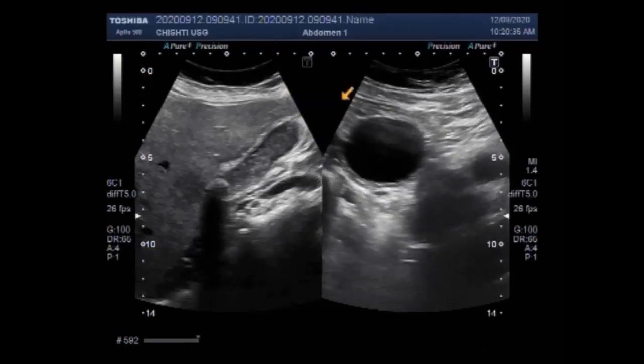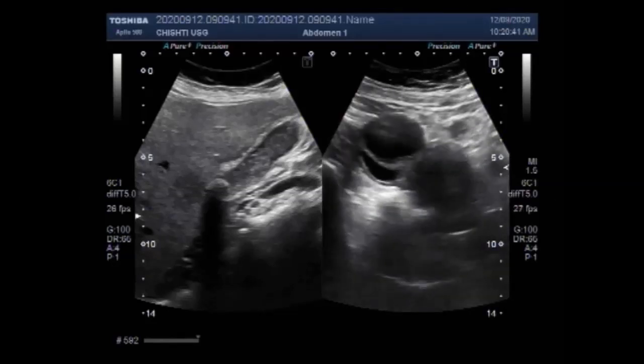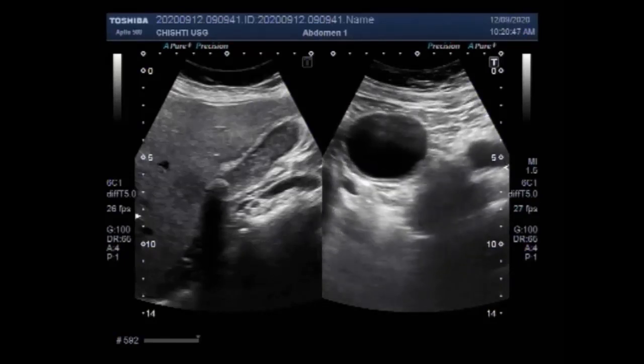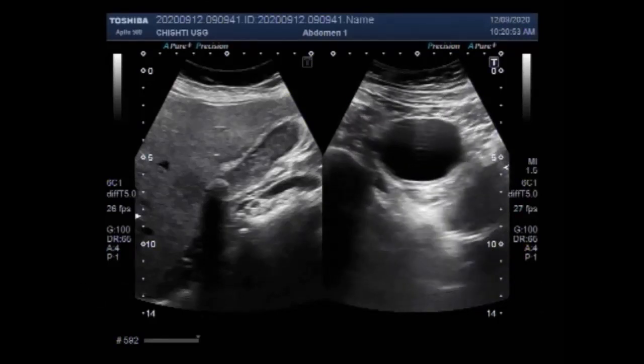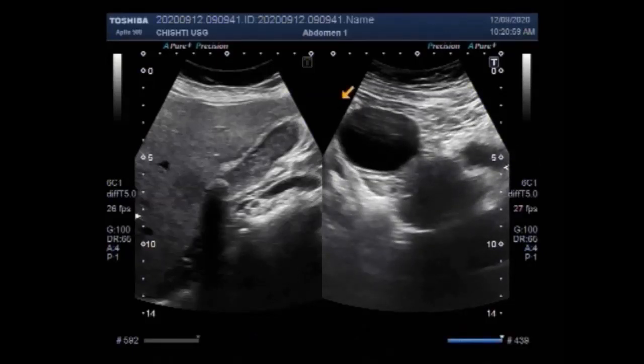The ultrasonic Murphy sign may be positive. Now you can see a cyst in the ovary, the uterus. Incidentally, this patient also has a cyst. Now, this is the gallbladder. This is the mucocele gallbladder, and this is a large stone in the neck of the gallbladder. This is the uterus. This is the urinary bladder, and this one is the ovarian cyst.